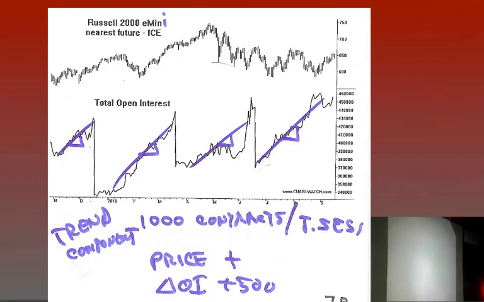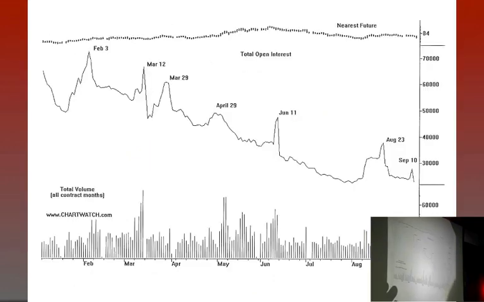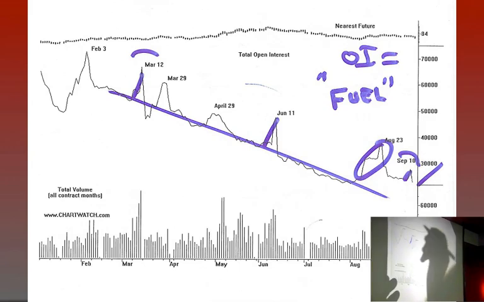Well, I'm supposed to be talking about the dollar index. Let me show you what's been going on in the dollar index. This is the total open interest nearest to expire future. What happens just before the expiration? Here's in March. Here's June. Here's this little one right now. There tends to be a bump to the upside just before expiration, and then it drops off.